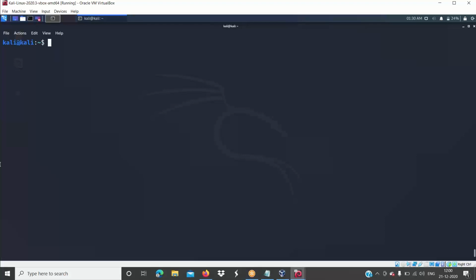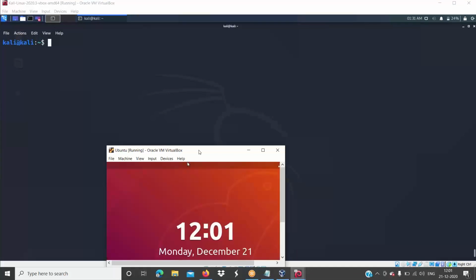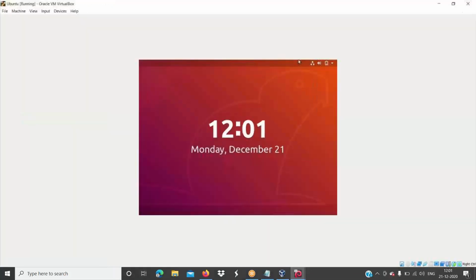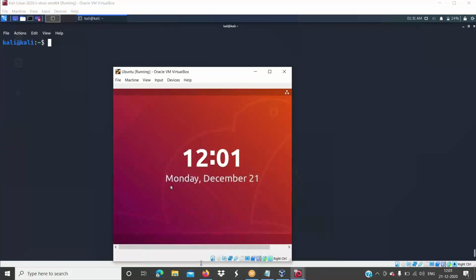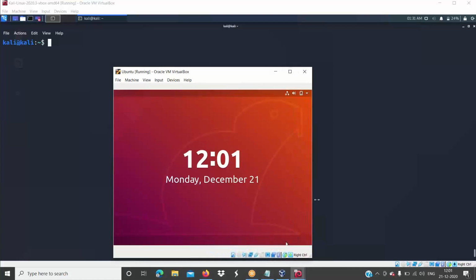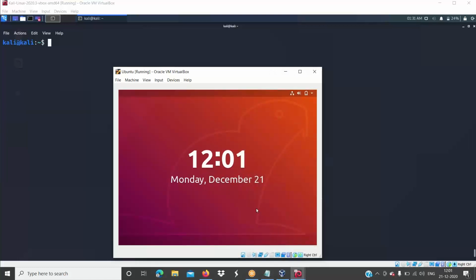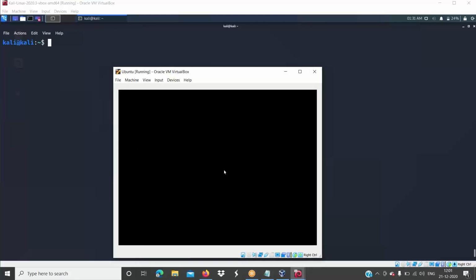So to show you how these attacks work practically, I have my Ubuntu system over here. Most people use Ubuntu servers to host some websites or some kind of servers, right? So let's say this is a server where I have two servers running, one is an FTP server and one is an SSH server.